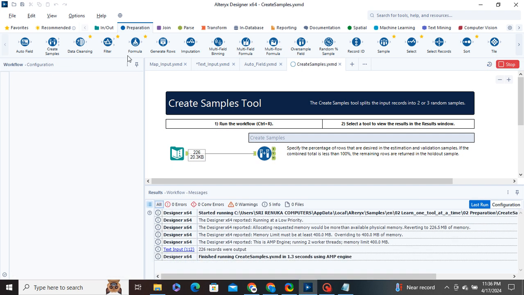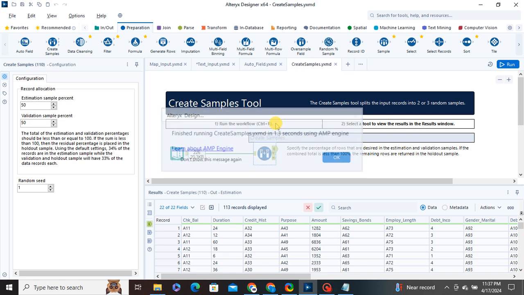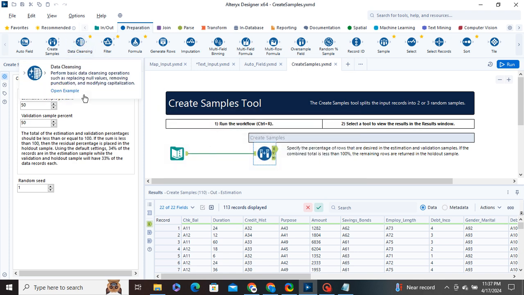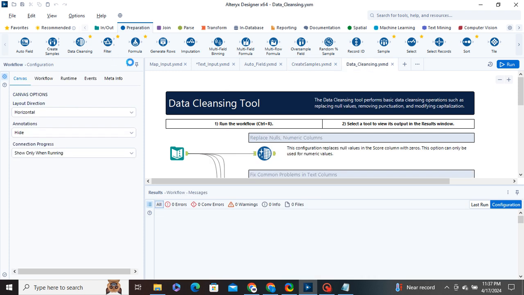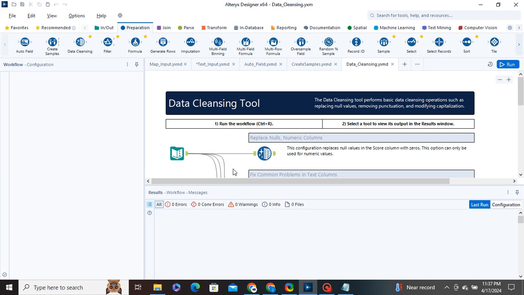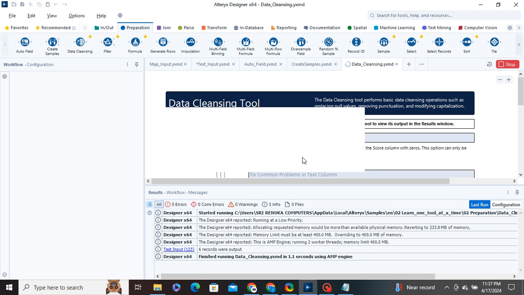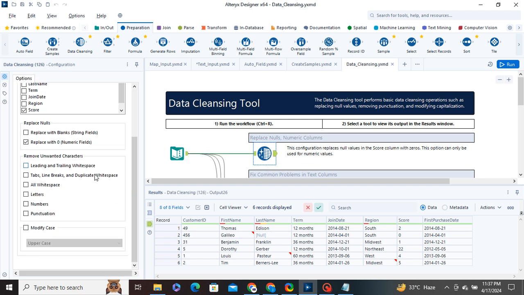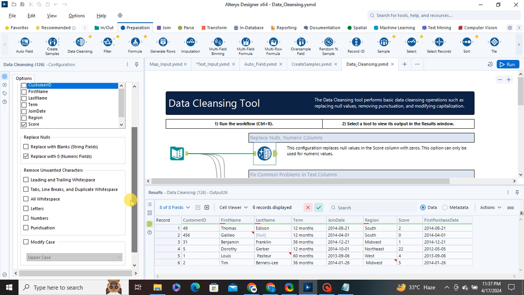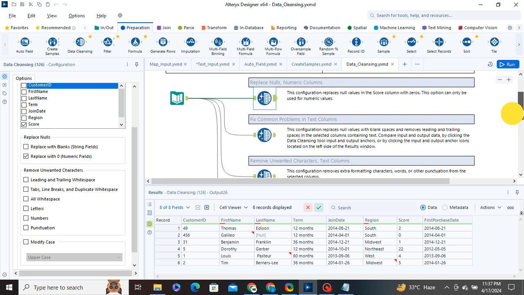Then after, in Alteryx, the Data Cleansing tool is used for various data cleaning operations, which are essential for preparing data for analysis. This tool provides a range of functionalities to address common data quality issues and inconsistencies within datasets. Some key features of the Data Cleansing tool include removing duplicates, standardizing data, handling missing values, data type conversion, pattern matching and replacement,